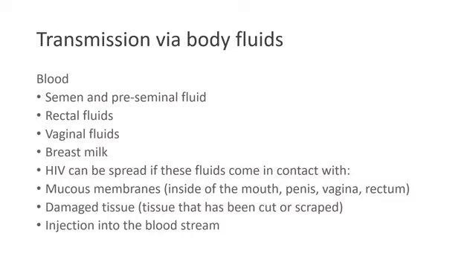So some areas where you can obtain HIV infection are inside the mouth, through the penis, through the vagina, through the rectum, through any damaged tissue that's been cut or scraped, even if it's, let's just say, on your armpit, if you come in contact with those fluids. And then also injection into the bloodstream. So if you are a drug user, or if you share needles, or if you're a hemophiliac, those are ways you could also get it. The blood supply is now very carefully screened for all transmissible diseases, but just so you know.